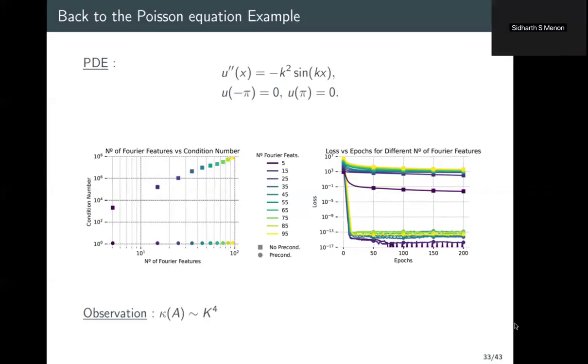Okay. Thank you. Emmanuel, just one question. How do you think this idea will be applicable to high dimensional linear PDEs? Say, for example, again the Poisson equation in high dimensions. So basically, your D star D will change, right? And how do you see it will affect your conditioning? The conditioning of D star D times the T operator. Yeah, that's a good question.